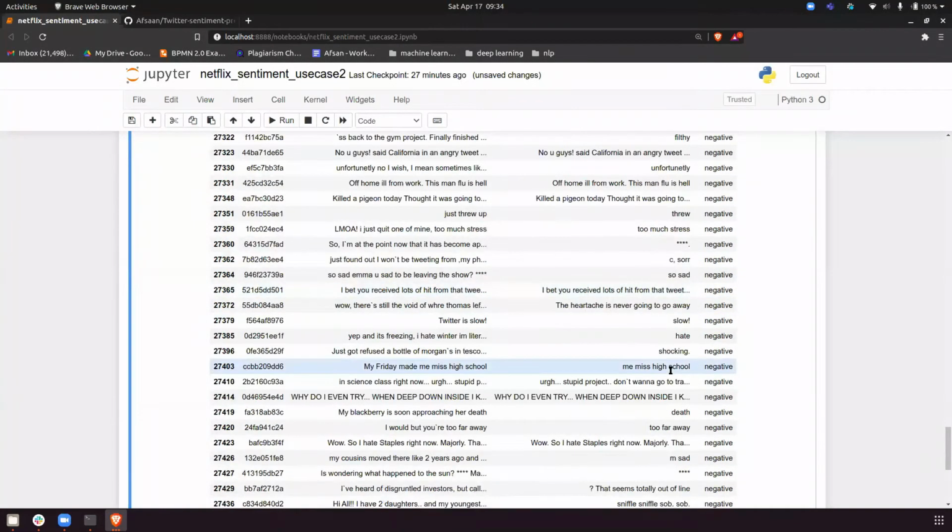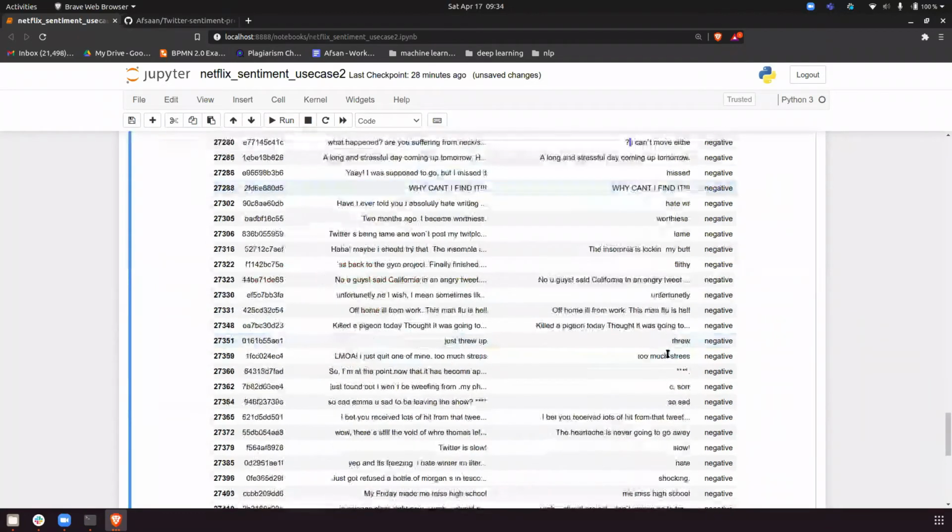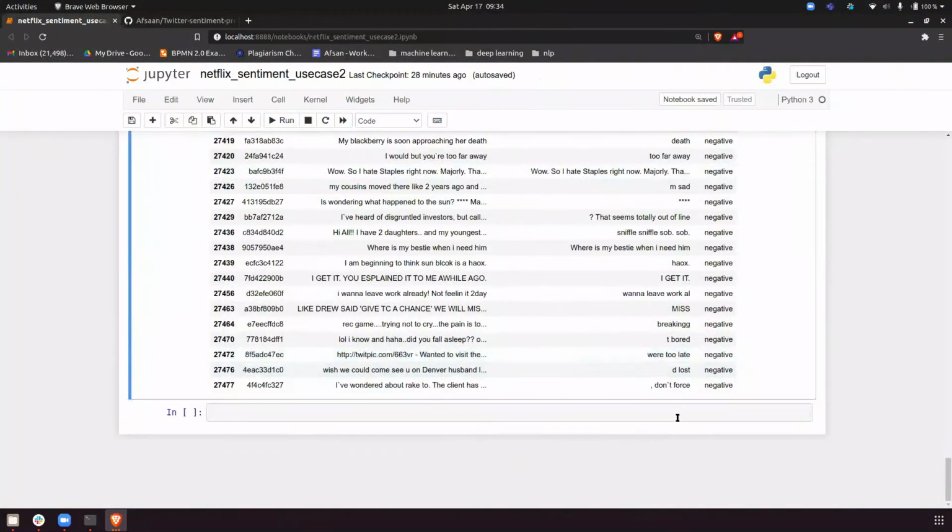So basically what I'm doing is analyzing the data this way, but there are n different ways. What you can do is find the unique words and then analyze the data. You can do it with anything, so it's up to you. It will take time because lots of visualization is required here.